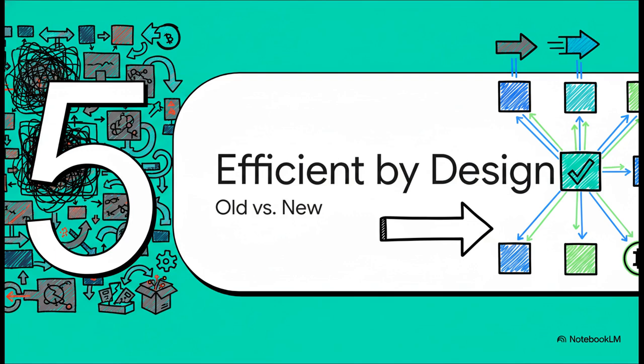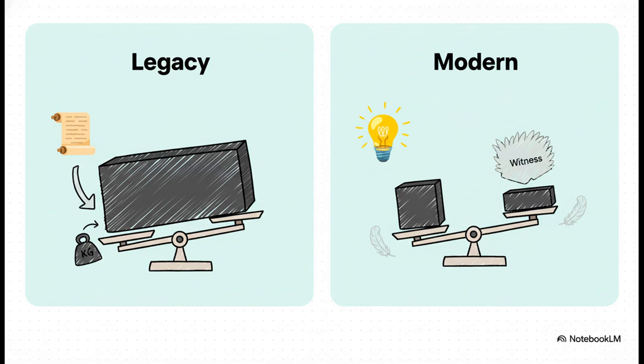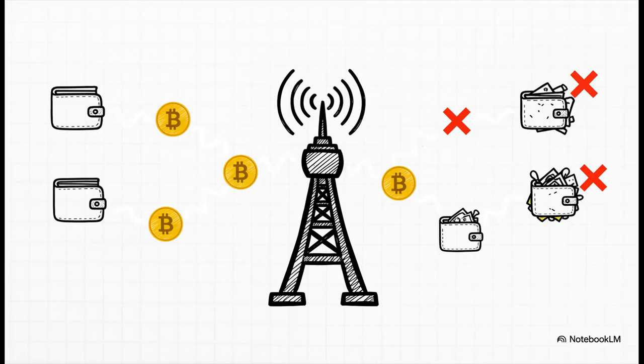And to really see how big a deal this is, let's do a quick side-by-side. Let's look at the old way versus the new way. The old way, the legacy format, it was simple. All data was treated the same. A byte was a byte. It didn't have this clever idea of separating out the witness data. But the modern format, with this new weight system, it completely changes the game. By making some data cheaper than other data, that one little tweak encourages a whole new ecosystem of more efficient wallets and smarter transactions.